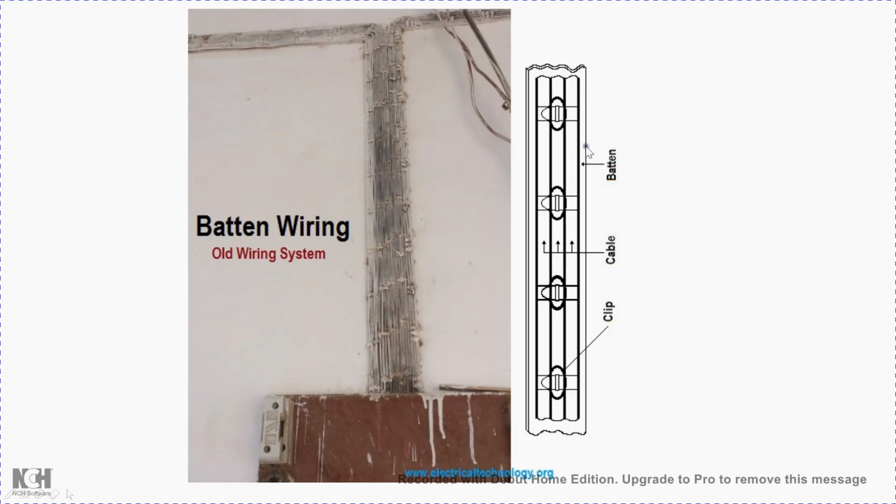So first there is a batten. Okay, on battens there are grooves to carry the cable. On each groove there will be a cable placed. Then finally buckle clips are placed on the entire batten cover or grooves. Okay, so to hold the cables in their places.